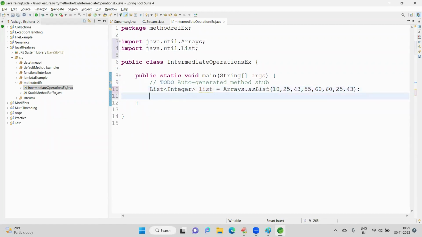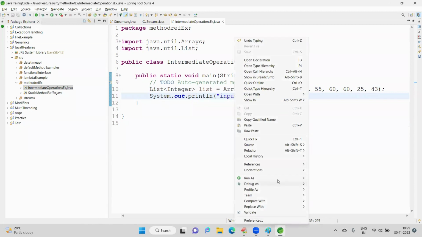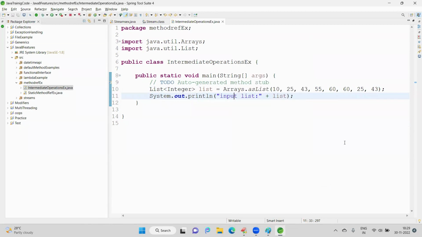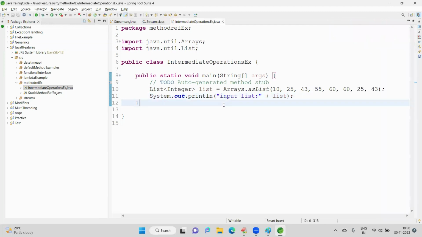Now I have a list. I am printing that first. What is the input data? This is the input list. Okay, you can see. Next one, first we can see that